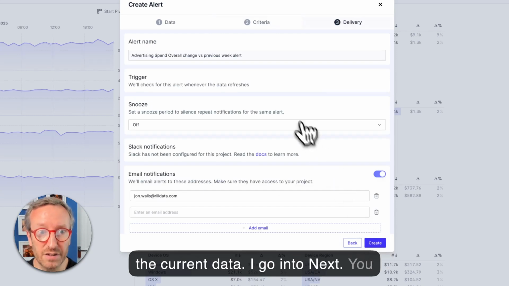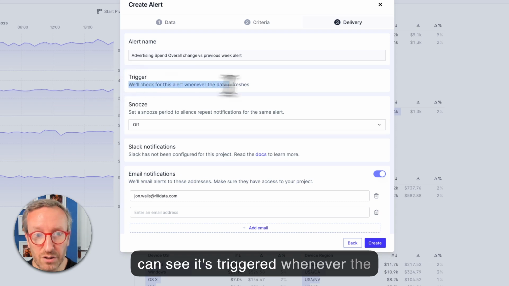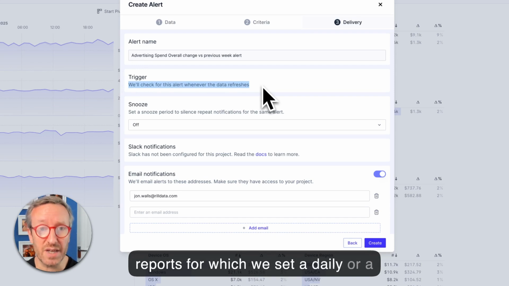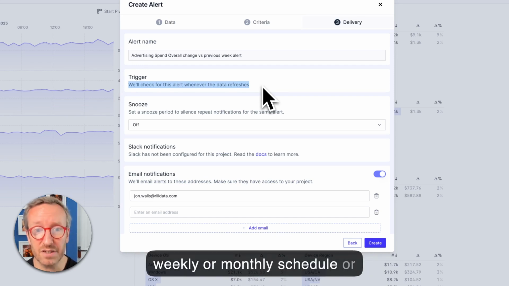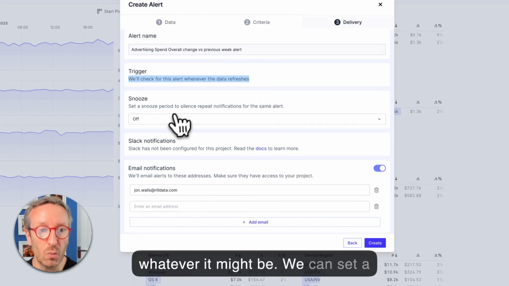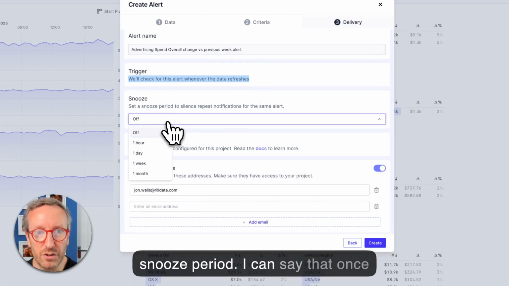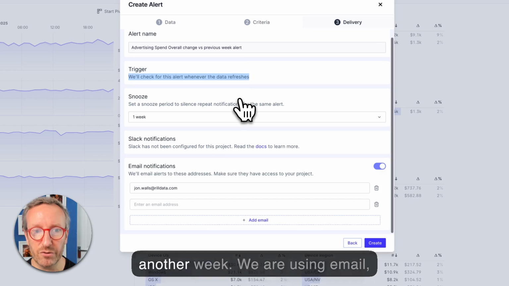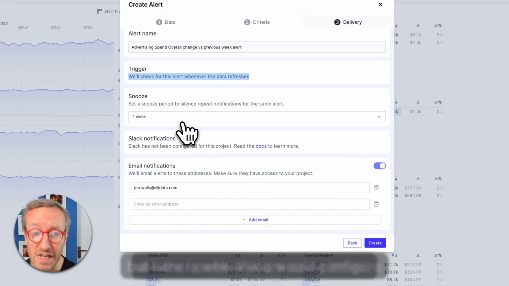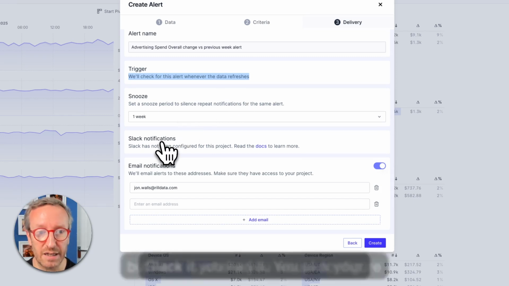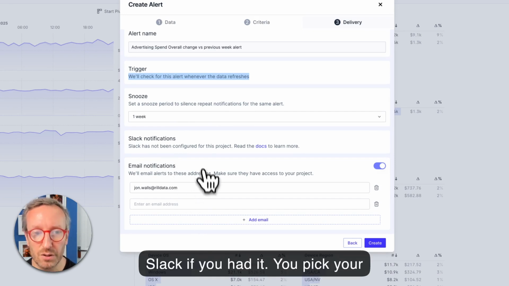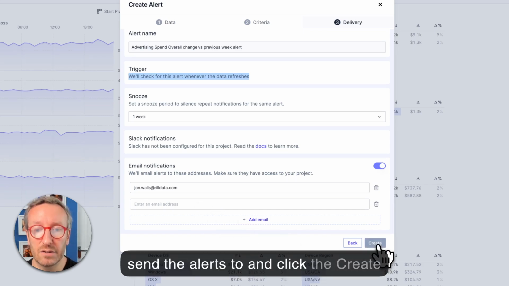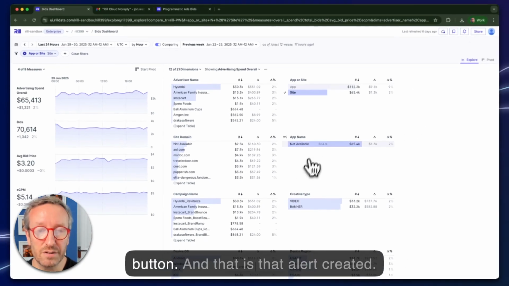I go into next. You can see it's triggered whenever the data refreshes, which is different to reports, for which we set a daily or a weekly or monthly schedule or whatever it might be. We can set a snooze period. So I can say, look, once you've sent me this alert, I don't actually want to see it again for another week. We are using email, but here is where you would configure Slack if you had it. You pick your email addresses that you want to send the alerts to and click the create button, and that